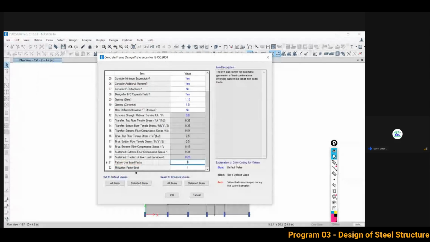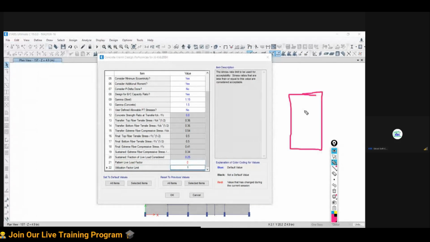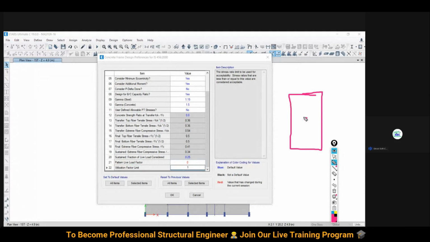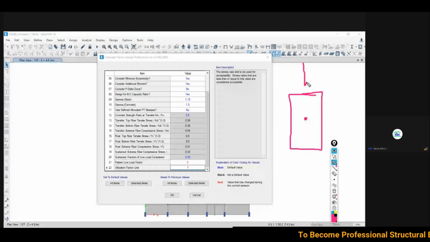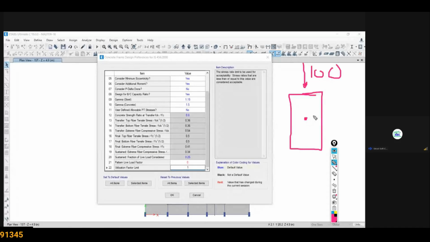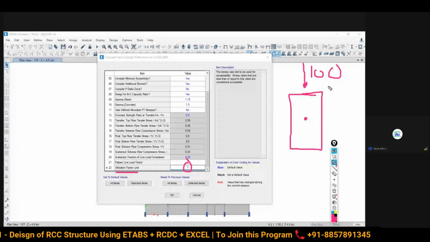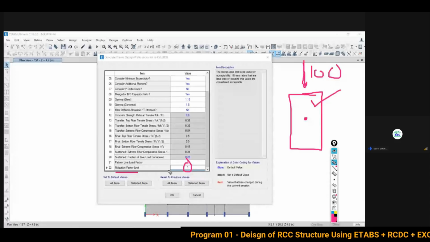So this value will be 0. Now the utilization factor limit, this is the important thing, try to understand. Again the same thing: suppose a column section has, with all its concrete properties, steel properties and everything, the capacity to carry 100 kilonewton load, for example. So I am going to utilize the capacity of this column section to its maximum extent. So the utilization factor limit will be 1. It means the software is going to show this element failing when subjected to more than 100 kilonewton, because you are utilizing its maximum capacity of 100%.